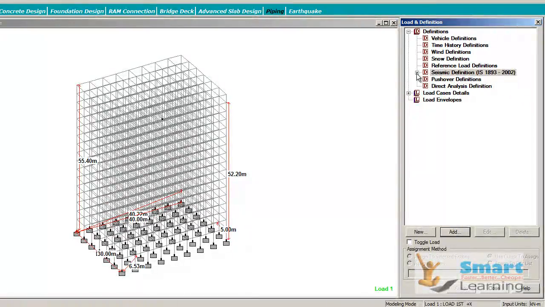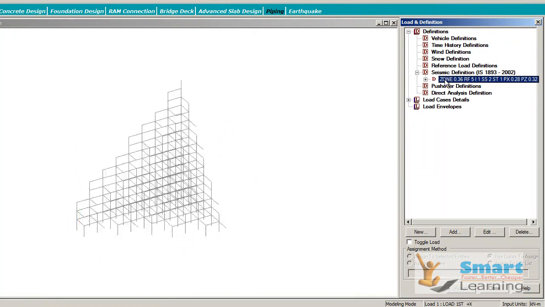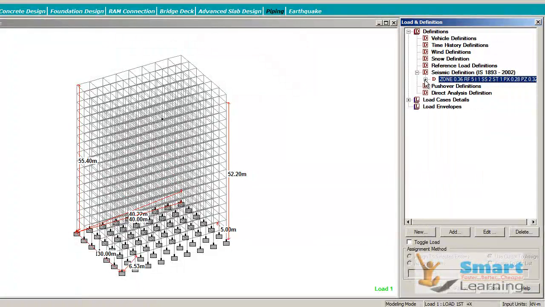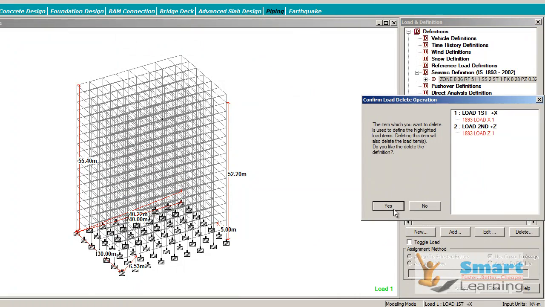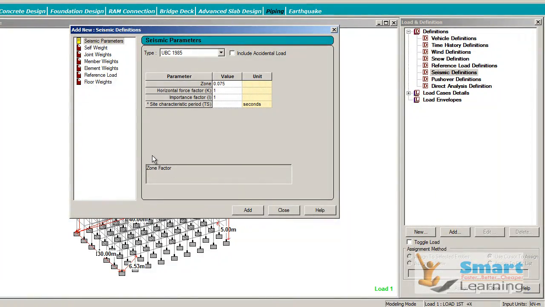Because I have already configured this, you are getting that particular configuration error message. So you can directly delete this particular configuration, and now when you go to the seismic definition and go to add, you get this dialog box.